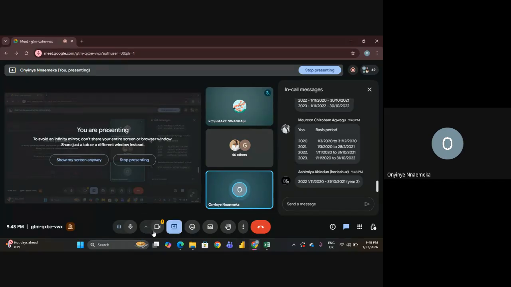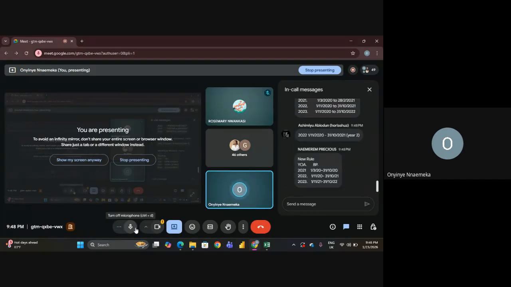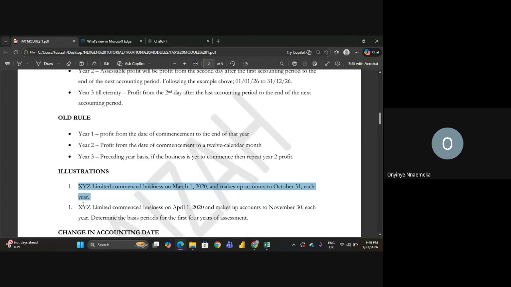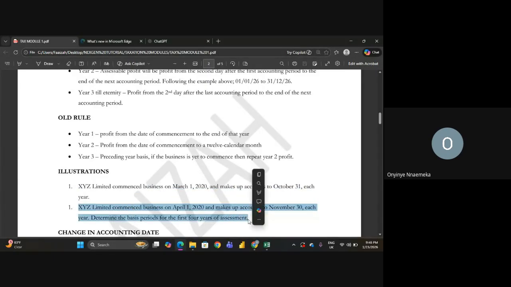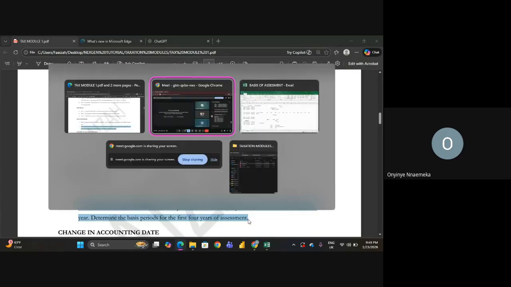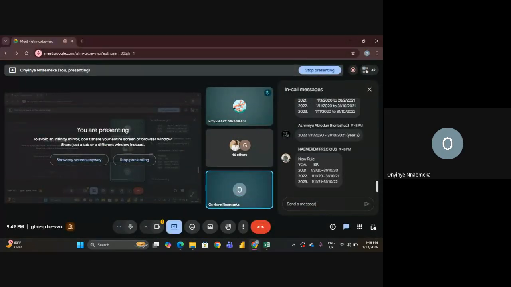So, like I said, let me help you copy and paste the second one. What we'll do for this one, I don't want us to do it as an assignment because I gave it as an assignment before. As I'm explaining the change in accounting date,